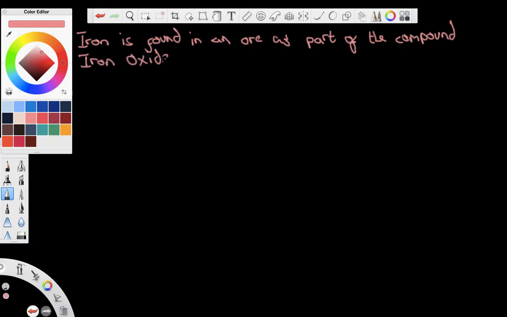Okay? There's two main ways to separate the iron from the compound. So we can then say that iron is separated from iron oxide in two stages,